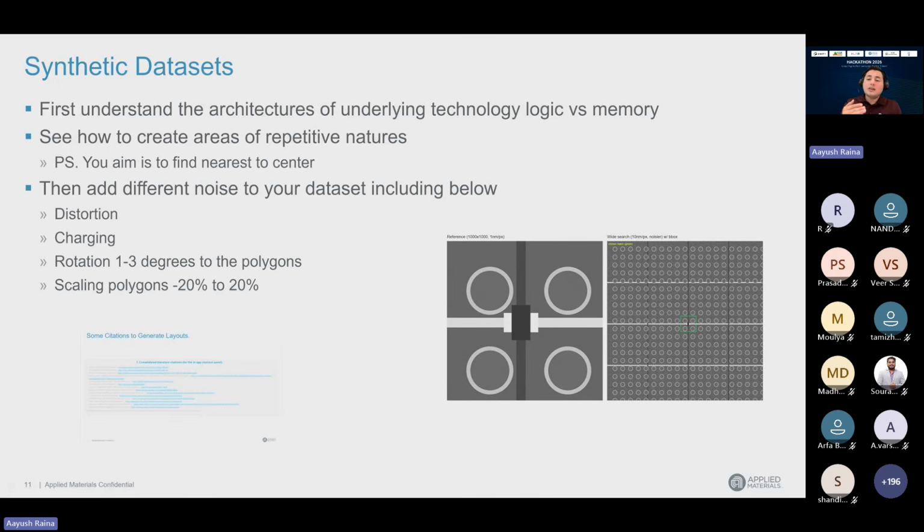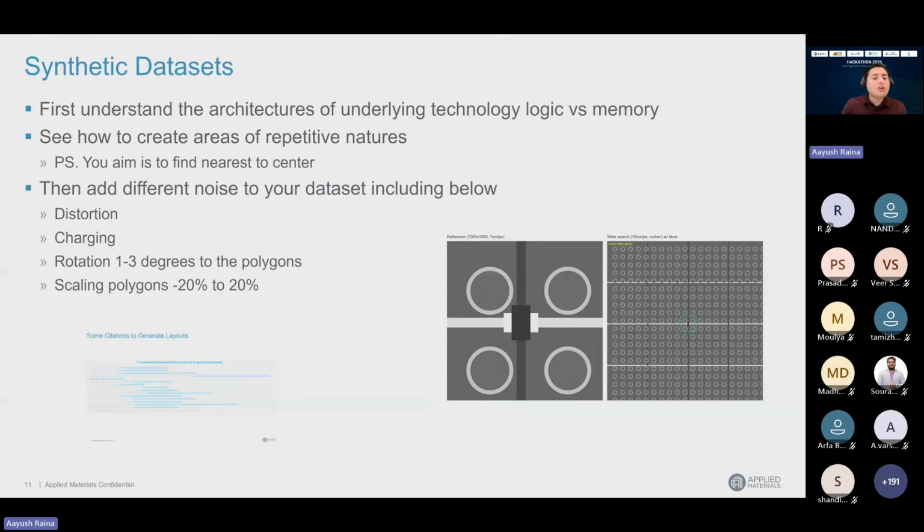In terms of noise, now the second thing: what you see here is that there is no noise as such, but there is some noise in this image. So what we want is to add some noise. You can read about what distortion does to an image. If you Google distortion in images, it will show polygon edges being distorted. It's like old televisions, where you see screens or polygons or shapes getting misarranged. You can see some reference from that. Then there is charging. Charging comes because your edges will have different noise around them. So you see about the charging part.